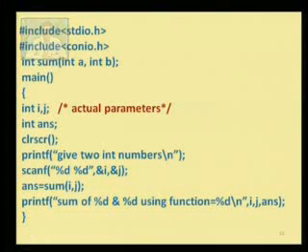Then we have an example: #include <stdio.h>, #include <conio.h>, int sum(int a, int b), and main with i and j declared as integers. We are defining one more variable, an integer ans. Ans is used for the answer, and this ans can be used as the return value. We have to print the return value, and as I told you earlier, when the return value comes, the output